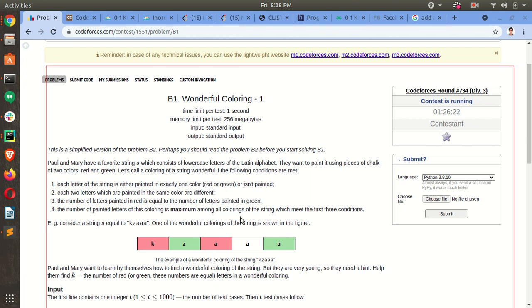For all colorings meeting the first three conditions, we will choose the one with the maximum number of painted letters. That will form the wonderful string. So this is the problem statement.